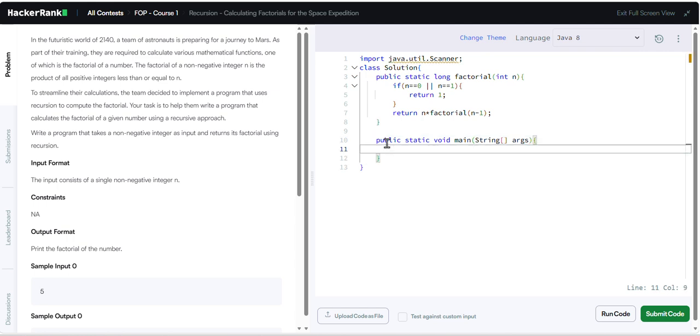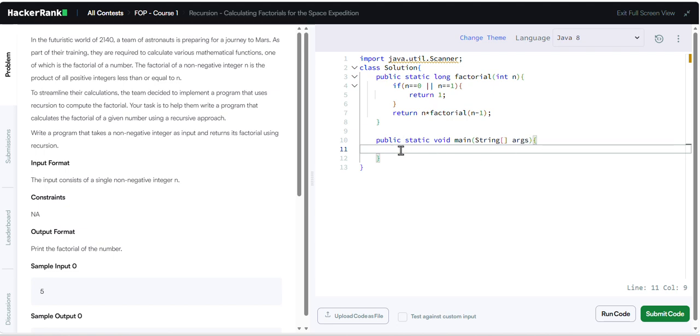Okay. See, this is the main method. This is the entry point of this program. In every program, the main method will be the starting point. Public means it can be accessed from everywhere, and static means no need to create an object. Directly we can call and access this. Then void is like the return type, but here it won't return anything. Main is the method name. Then String args are command line arguments.